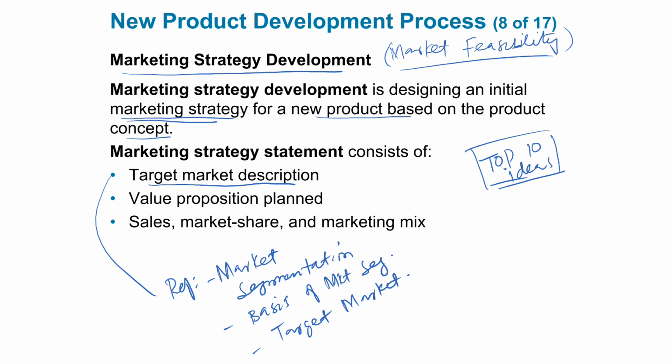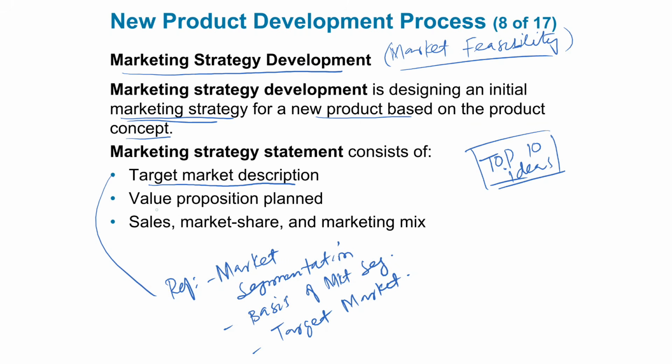So you choose an idea and then you create a strategy based on your target market. If your target market is a particular demographic profile, say gender, male or female, or if your target market is a certain income group, like a social class, then you create a complete market description of that and you see if your product fits in that target market description.